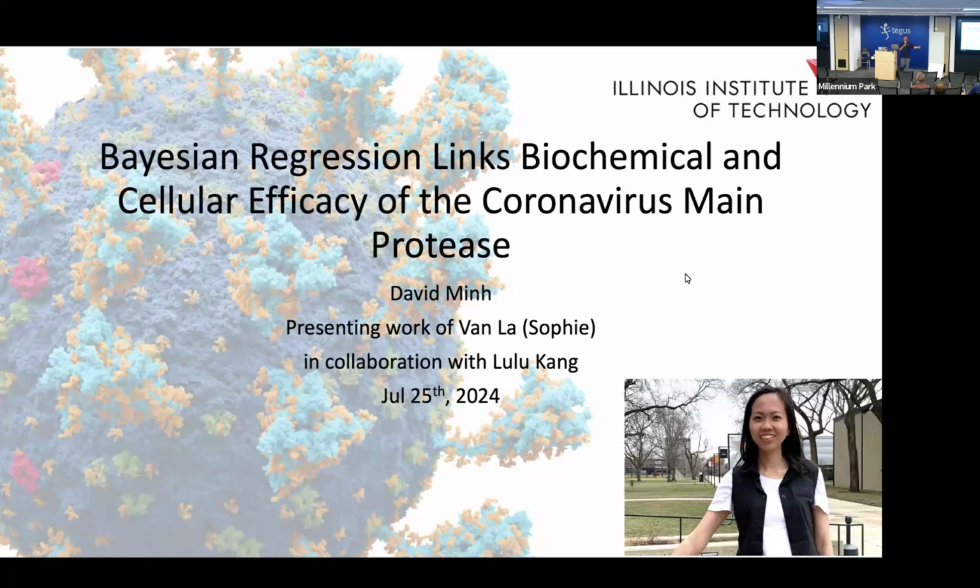But ultimately, we don't want to use drugs in a petri dish. We want to take drugs, or people want to take drugs. And there's a large number of steps to go from a chemical that someone is trying to start out with to a drug that someone could take in the clinic. This research is just a small part of this long process. This small part is linking something from a protein target to a cellular target, whether it could actually get rid of the virus growing in cells and allow the cells to grow.